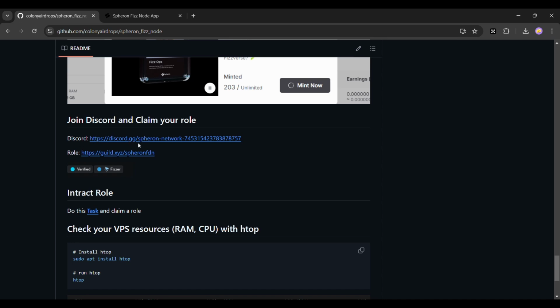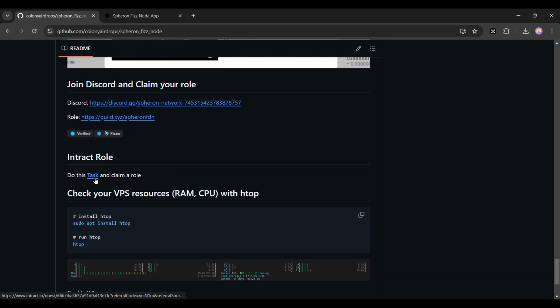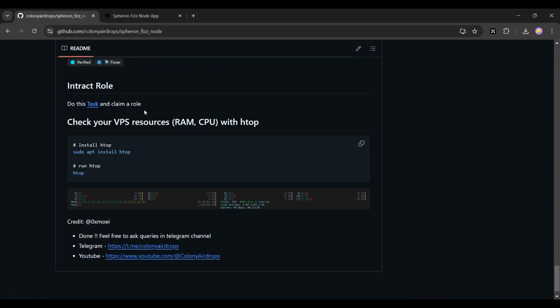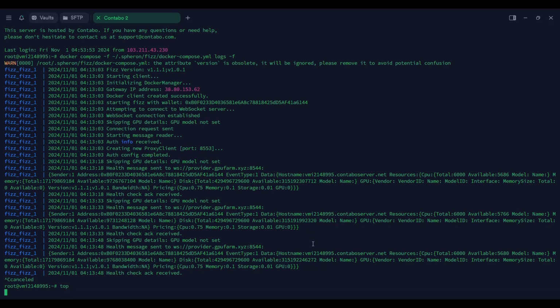Then join Discord and claim your role as well. Go to interact, complete this task as well, get a role, and then you can check your node status as well. Click on top.